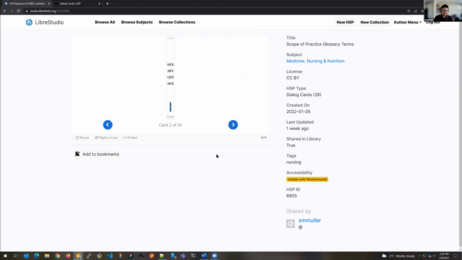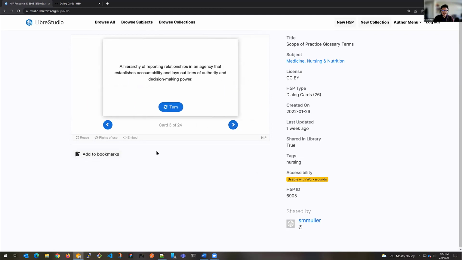You can get a sense of how they put this content together. I can also add this content to my bookmarks, so I can always refer back to it if I need to. You'll also notice that I get information about the license, when it was created, when it was last updated,